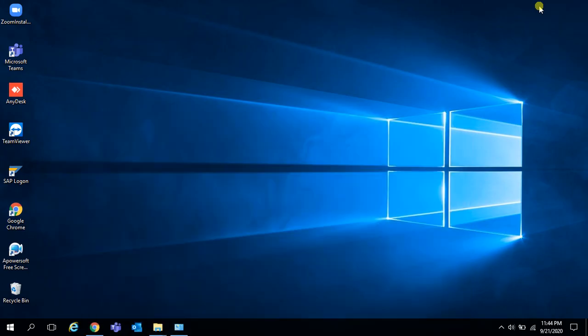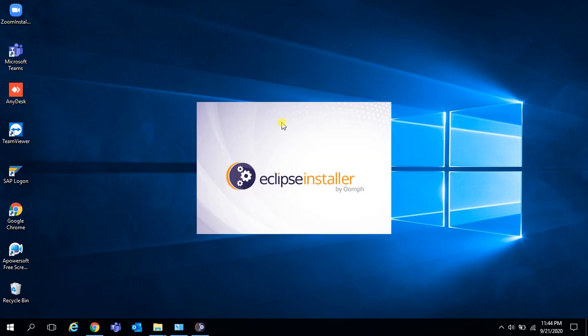It is the latest version of Eclipse IDE for Windows 64-bit operating system. Now it is going to be installed. You need to wait some time. See, Eclipse installer is going to be opened.